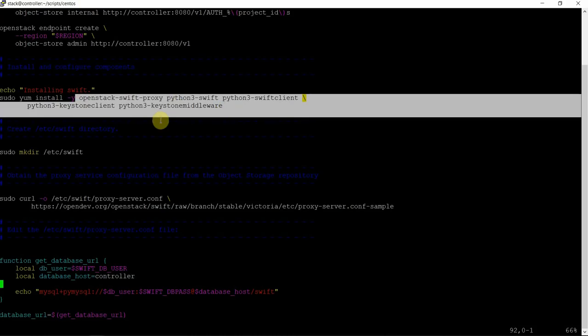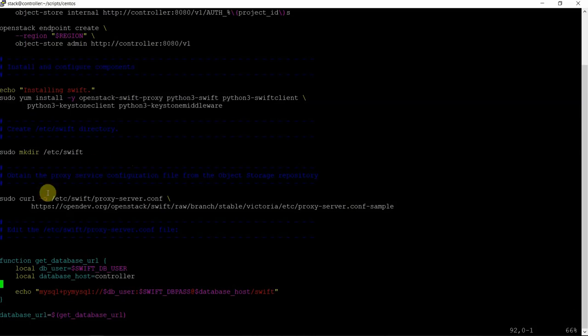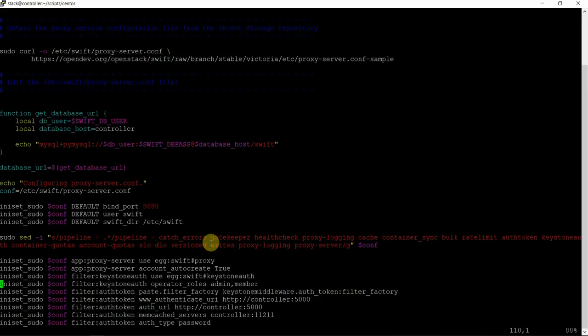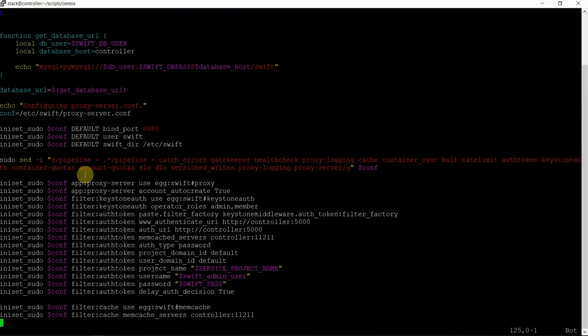These are the packages required for OpenStack Swift. Then creating a directory, downloading the proxy-server.conf file from the Victoria stable repository, and making changes to the file. This is what you have to do on the controller node.